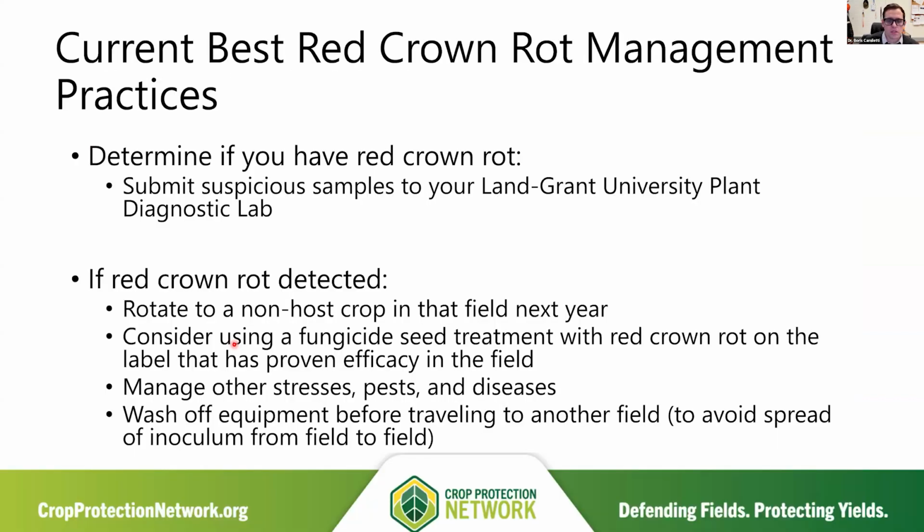And these are some recommendations that we put together with other colleagues, and they are at the Crop Protection Network. So if you have red crown rot, please make sure that you have the disease. Send the samples to our plant clinic. They can give you a right diagnosis in just a few days. And if you have red crown rot, there are some practices